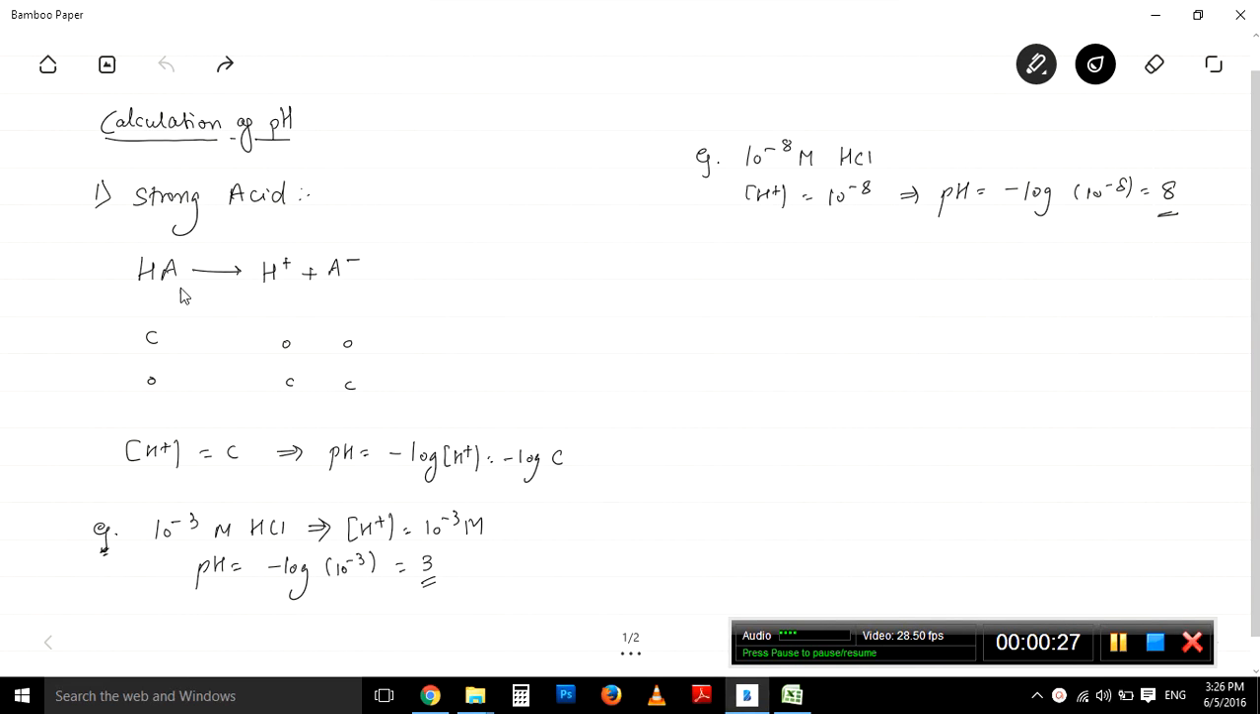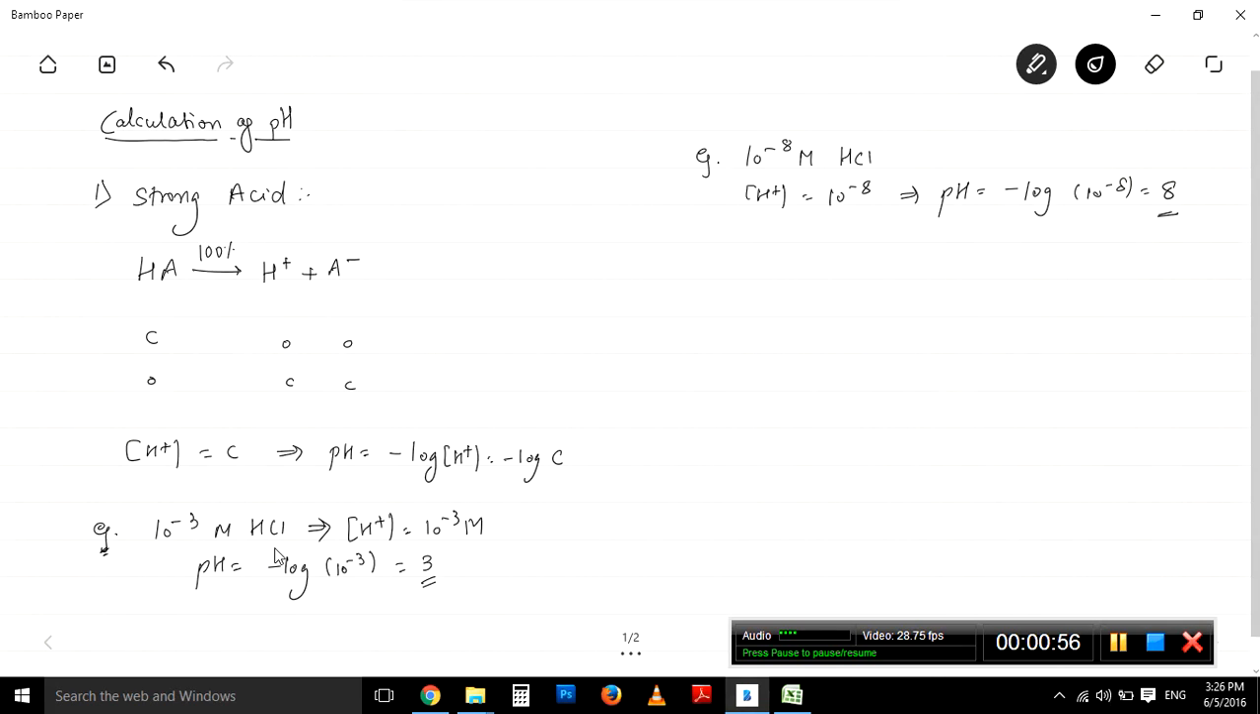So, in this case, your HA will dissociate into H+ and A-, and the concentration of H+ and A- both will be C after the dissociation. Now pH, as you know, is negative log of H+, so in your case it will become negative log of C. Now for example, let's say you have been given 10^-3 molar HCl solution,